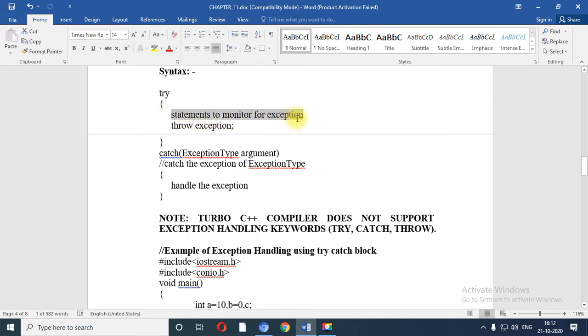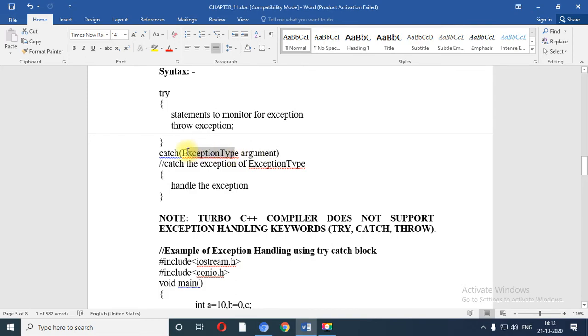Whenever this particular exception occurs, it will throw that exception, so you need to write the name of the exception with the throw. Now catch is a keyword which takes one argument, the exception type, and then the name of the exception that you need to write.